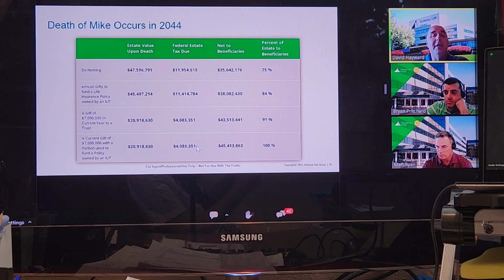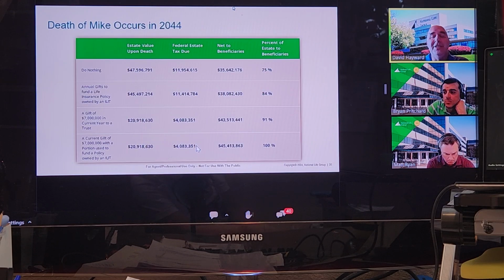So the premiums are going to go in, purchase the life insurance of $4 million of death benefit in this example. All the excess money is still going to earn interest. So now that $4 million is still your tax liability because you still had $20 million and the personal side that's grown, but your death benefit of roughly $4 million is going to replace your taxes that are due. So all $45 million at the end is going to go to the beneficiary, so roughly 100%. So you had no loss in value to your estate by doing some proper planning and incorporating life insurance into